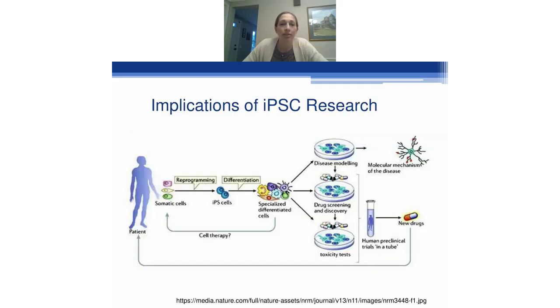So this really leads us to a lot of promise and exploring what the implications are for iPS research. Now we're able to take a somatic cell, a blood or skin cell from a patient, reprogram them into iPSCs, differentiate them into different subtypes of cells, neurons, or glia, and then create disease models in a dish. These disease models can help us understand molecular mechanisms of disease, but they can also be used for drug screening